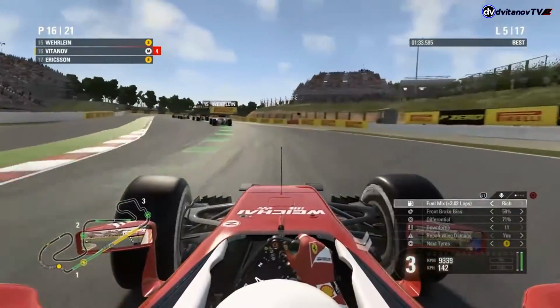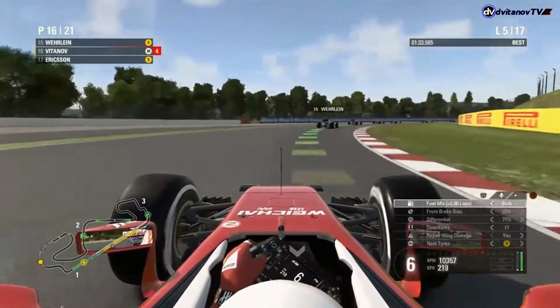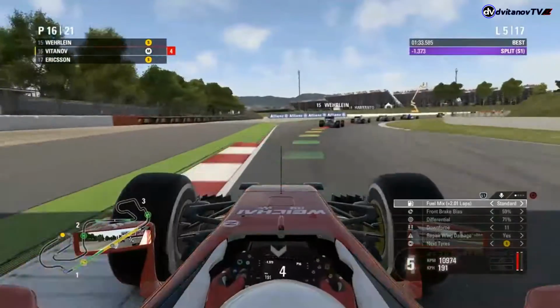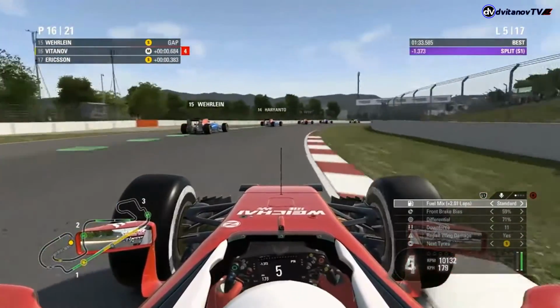We're gonna have to pass these cars very, very quick. You can see here we passed Ericsson very, very easy. We now have to catch the two men, Wehrlein and Haryanto. As I said, we're going for a very high downforce setup. We're gonna have to out-traction the cars in front in most of the corners to get in front of